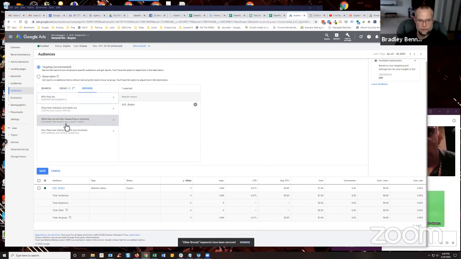And if you look at in-market, life event, and custom intent audiences, now I'm looking at a display campaign. Display and YouTube ads have very similar audiences, in-market audiences. There are some slight differences, but they're very, very similar. Okay. So I'm looking at the display campaign right now, but if we could take a look at in-market, life